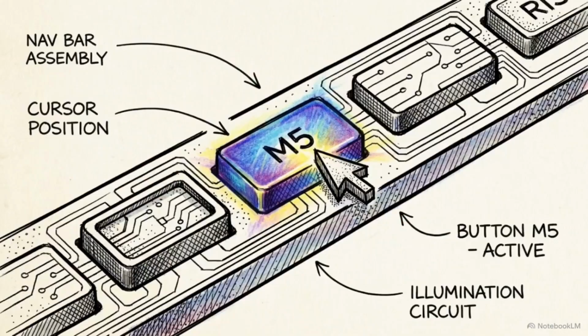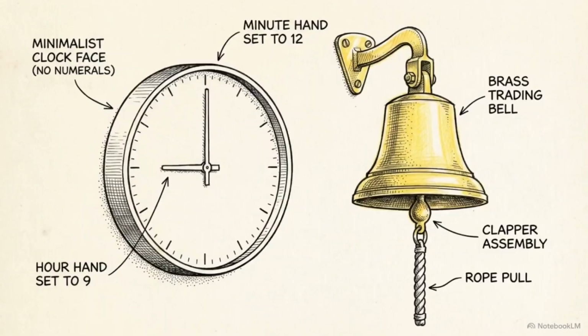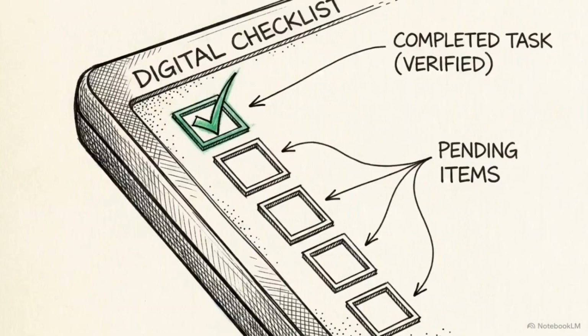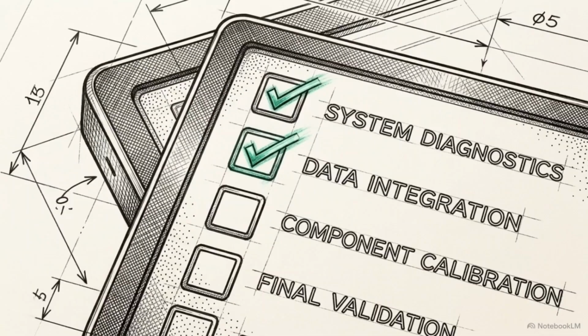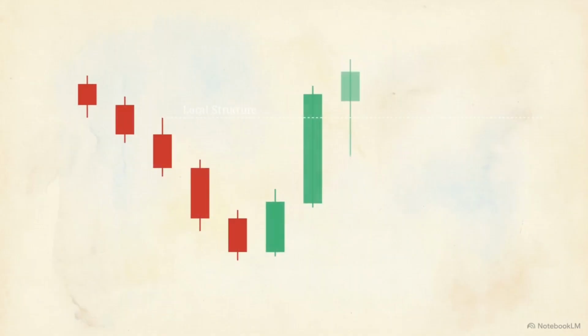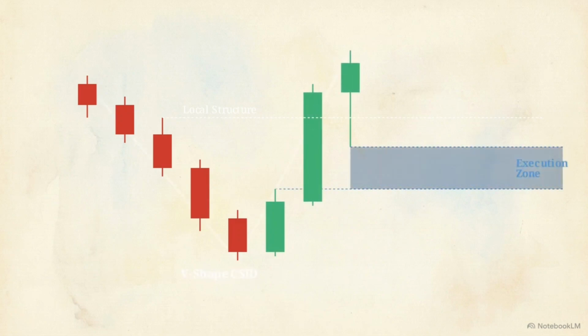With the macro direction secured, we reach the final stage, the 5-minute or 3-minute execution layer, usually analyzed during specific windows like the 9 a.m. New York Open. This microlayer is strictly off-limits unless the preceding daily logic, 4-hour substructure, and 30-minute validations align perfectly. When aligned, we look for the execution trigger, a V-shaped change in the state of delivery, rapidly breaking local structure upward and leaving a distinct gap.